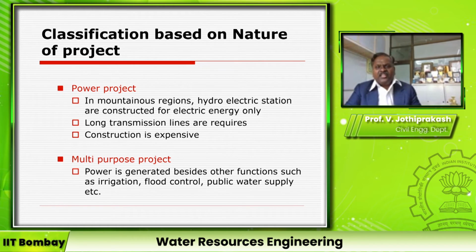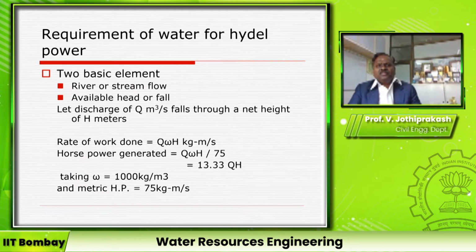Right? Then classification based on nature: I said there are certain dams designed and constructed exclusively to generate power. Such dams are called power projects. But very rarely do we have such power projects. Almost all dams are multi-purpose projects. That means the same water is used for hydroelectric power and irrigation, then that becomes incidental power production. The same water can be used for public water supply and flood control, and there is no pollution due to power production through the powerhouse.